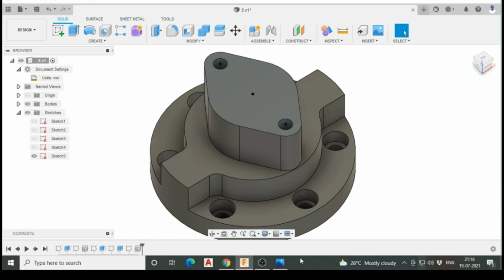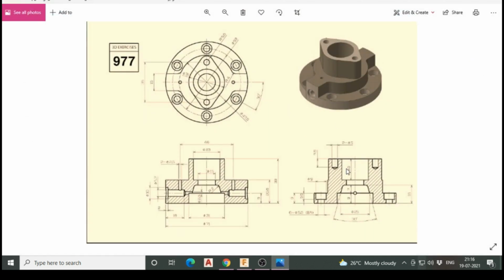And we'll just turn on our last sketch to get this center point. And there is a center hole, the big hole. Here you can see the hole size is 18.5. So this time we are just going to create it using the extrude tool. So we'll just edit our older sketch, and we'll try to create this circle of 23 millimeter diameter